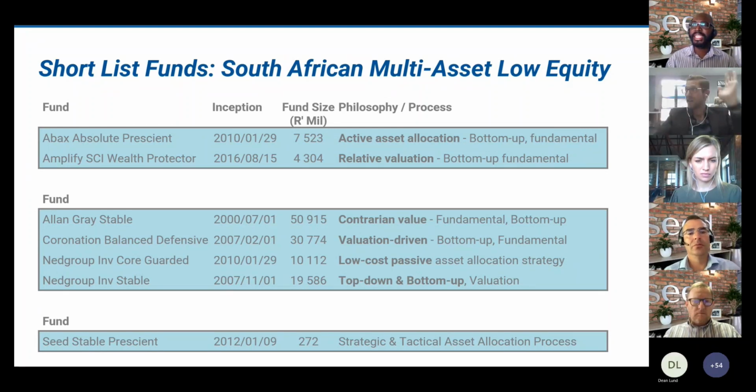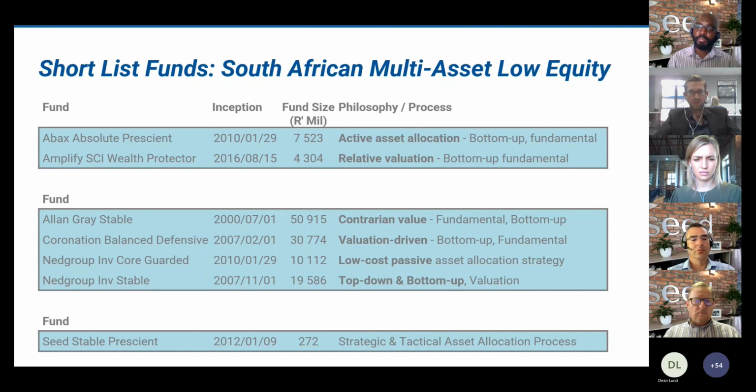And I think as an example, I can give you the kind of offshore exposures that these funds have. And if you look at how differentiated they are, then Amplify with their relative valuation approach have less than 20% allocated to the offshore, and then the Net Group Stable Fund has 44% allocated just by virtue of that top-down and bottom-up approach. So you end up with vastly different portfolios just by virtue of the different investment styles that the managers look at.